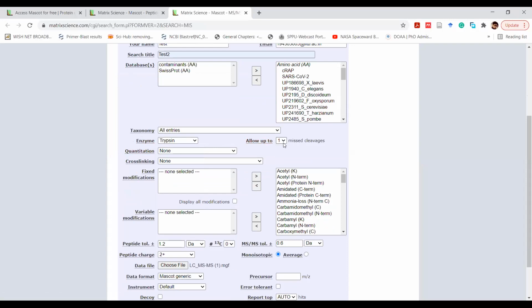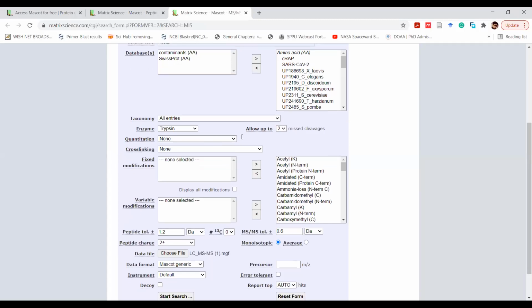Okay, so the next is missed cleavage. Trypsin does digest the proteins into peptides, but sometimes there can be misses in cleaving the proteins into peptides. So if you are sure about your experimental procedure that there won't be any, you can go up to the stringency of 0, which means you are not allowing any miscleavage, because you know there won't be any. But generally we don't use that kind of stringency. Let us go up to 2 miscleavages we are allowing. But again, it's up to your experimental planning.